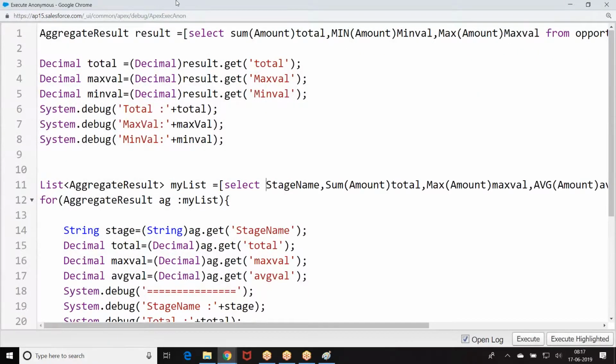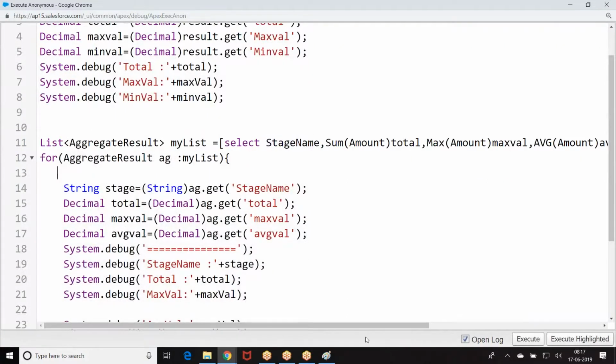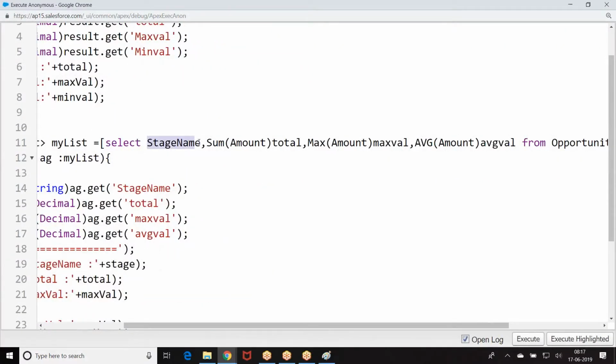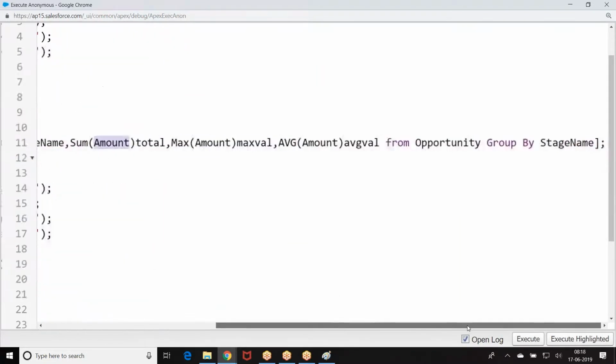Now, what other clauses are group by clauses? Apart from stage name, any field. Now, you can group by any field. It is not only stage name; I took stage name as an example. You can group by name, group by phone number, group by type. See, I told you, any field you are querying, any field I write in a query, this field should be either part of an aggregate function or part of group by.